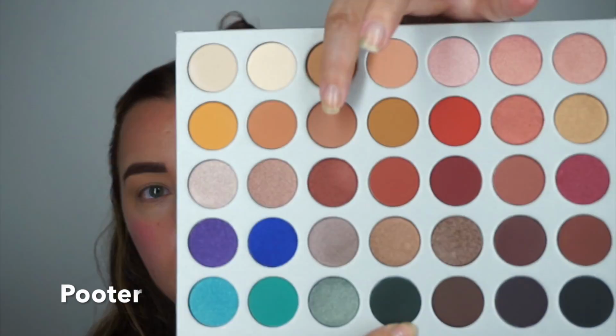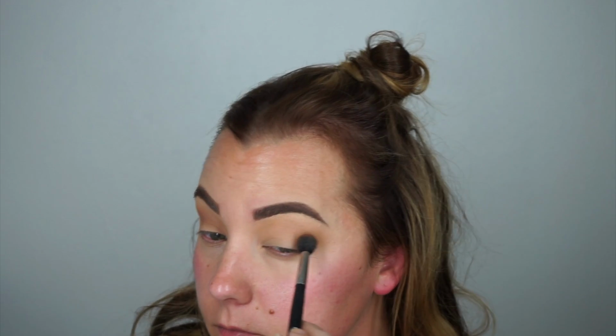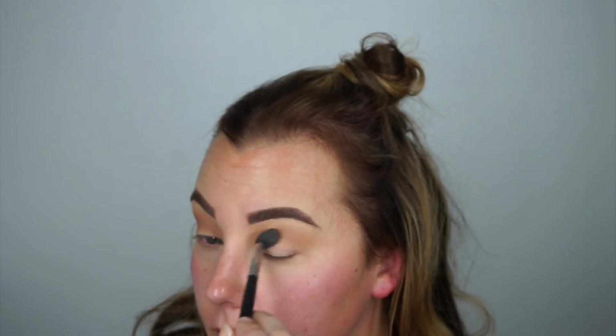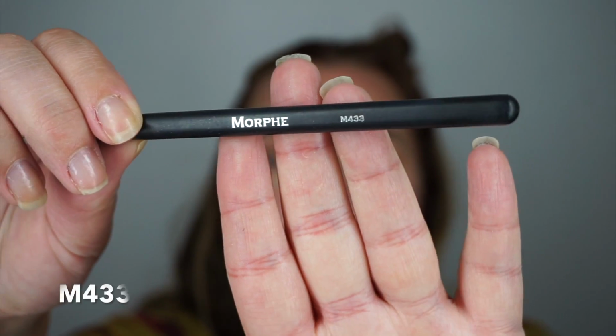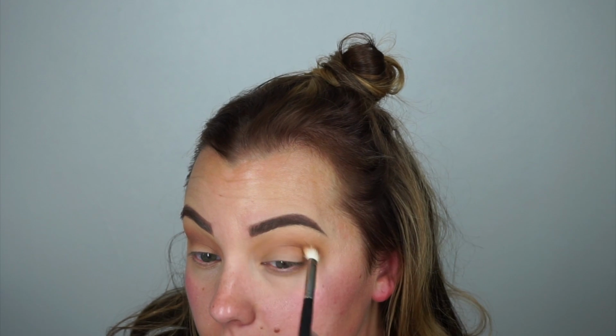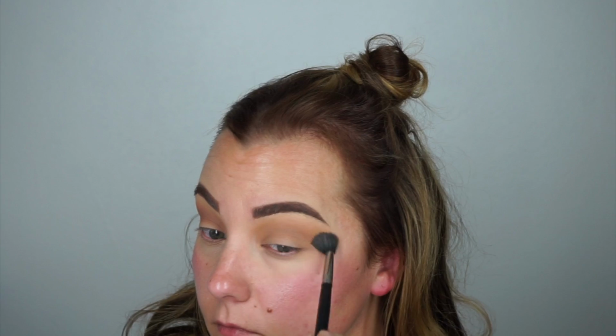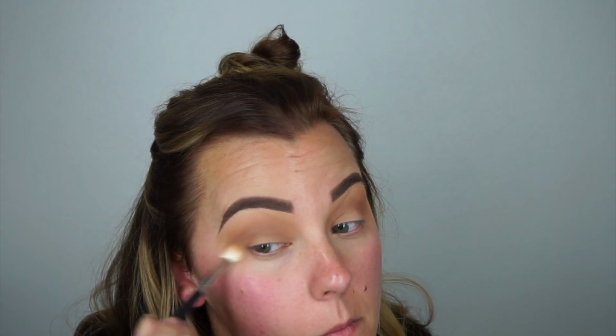Using the shade Poudre from the palette, going in with the Morphe M502 brush as well to darken out my transition. Going in with my Morphe M433 and that shade Poudre as well to get in the crease more, to get some more depth. Going in back with that Morphe M502 brush, the larger brush that we used to blend that out. Using my M433 brush to blend out the shade Poudre again and to extend it out to make a wing